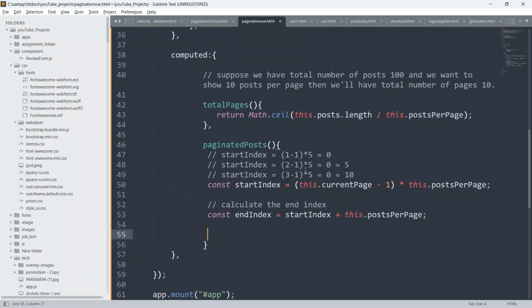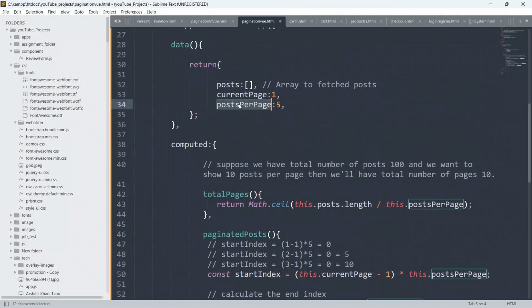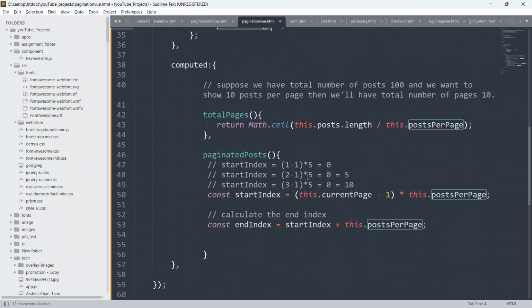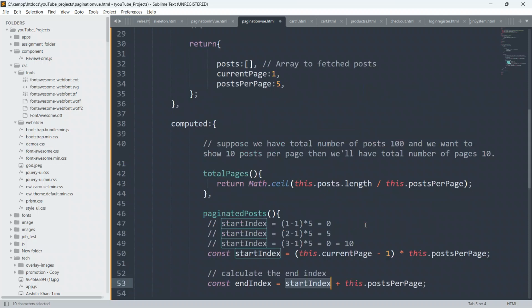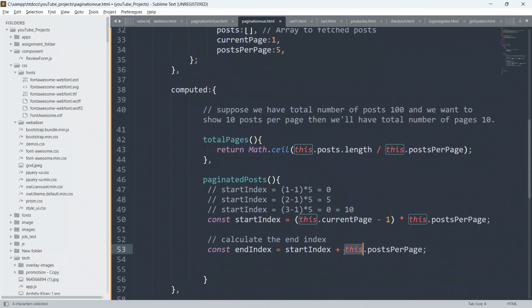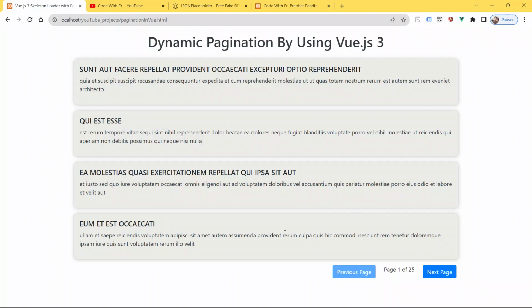Okay, so guys, as of now you can see here start index is 0, so initially it will come 0 here, and this dot post per page. As of now the post per page is 5, so initially we will be able to see 5 posts per page, and now it is coming here 2. So 2 minus 1, so it will become 5. Start index is 5. Now it will go here start index plus this dot post per page. This dot post per page is now 5, so 5 plus 5 will become 10. So we will go to the next page.